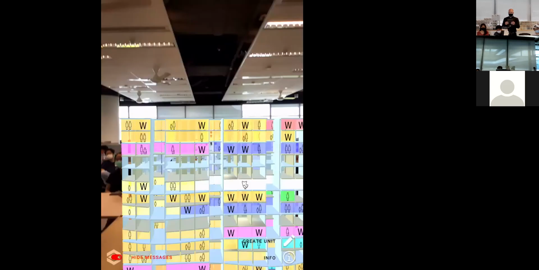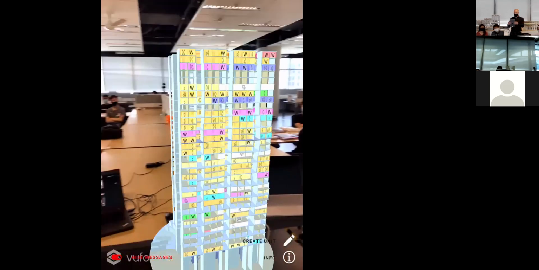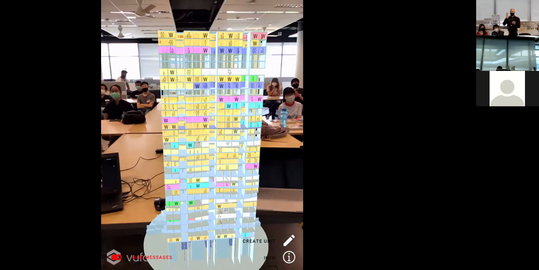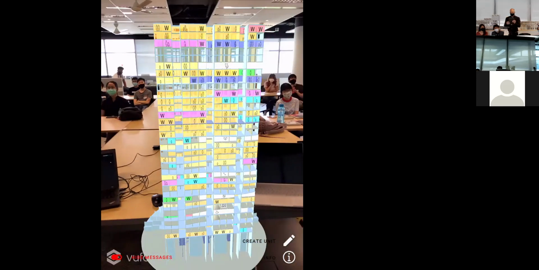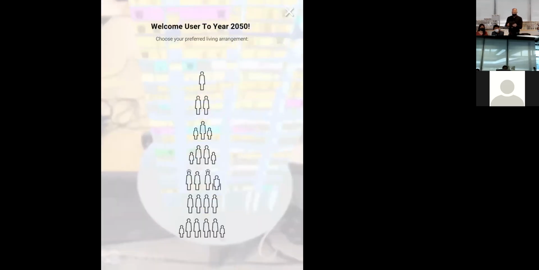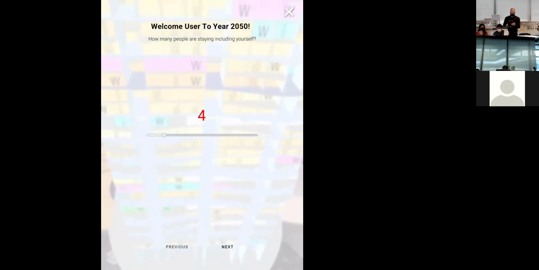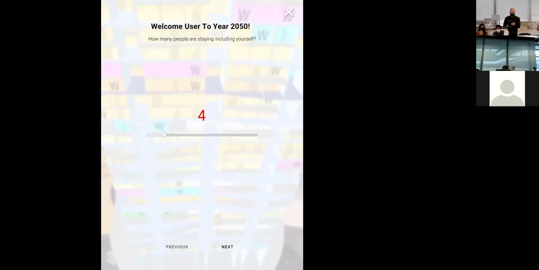So it's in front of me, and right now I'm only able to demonstrate a virtual model, right? You can see that, but it has the exact same size as the physical model. And at the exhibition, the virtual model and the physical model will overlay. So now I choose to create a unit, and I just do that based on my own situation. I'm married with 2 small children, and I'm gonna see what part of the building I can occupy here.